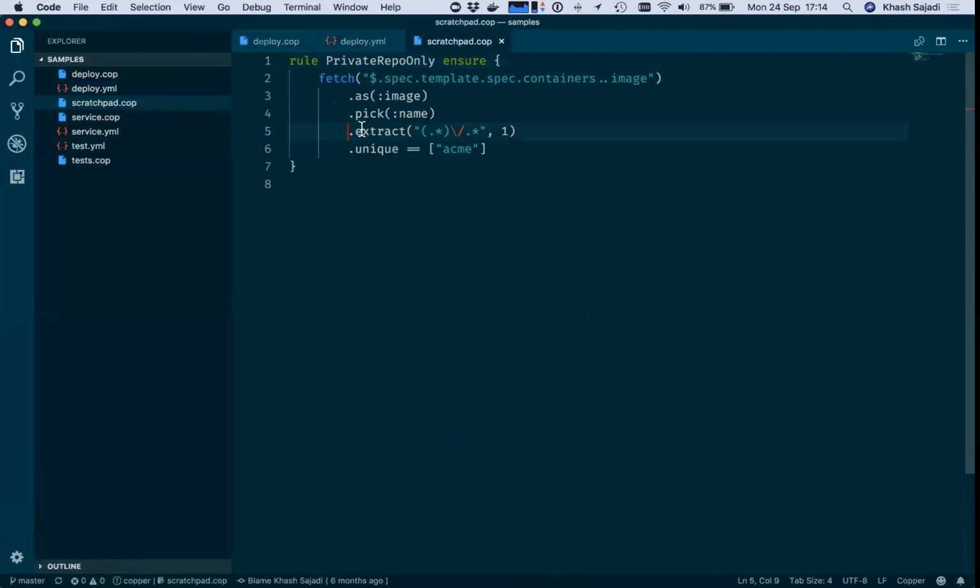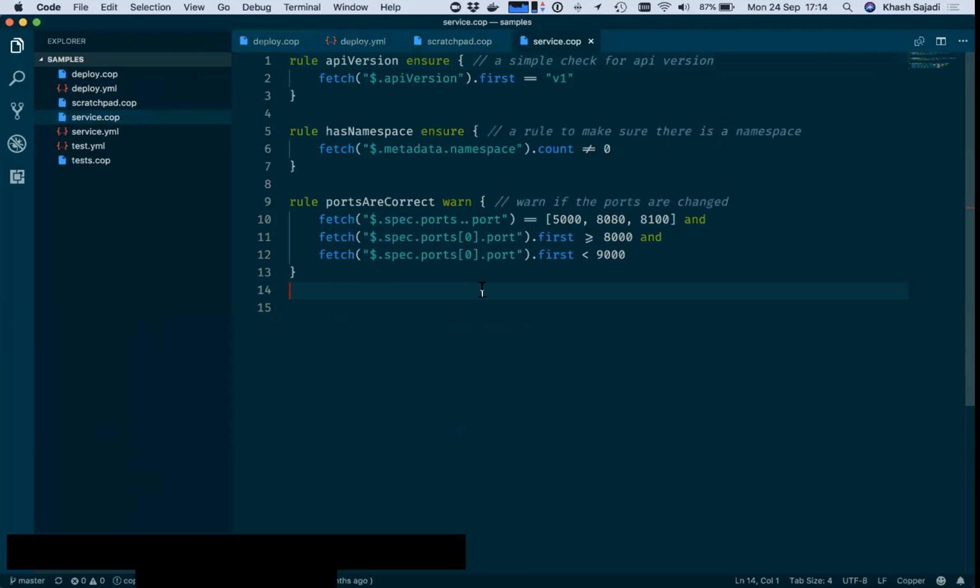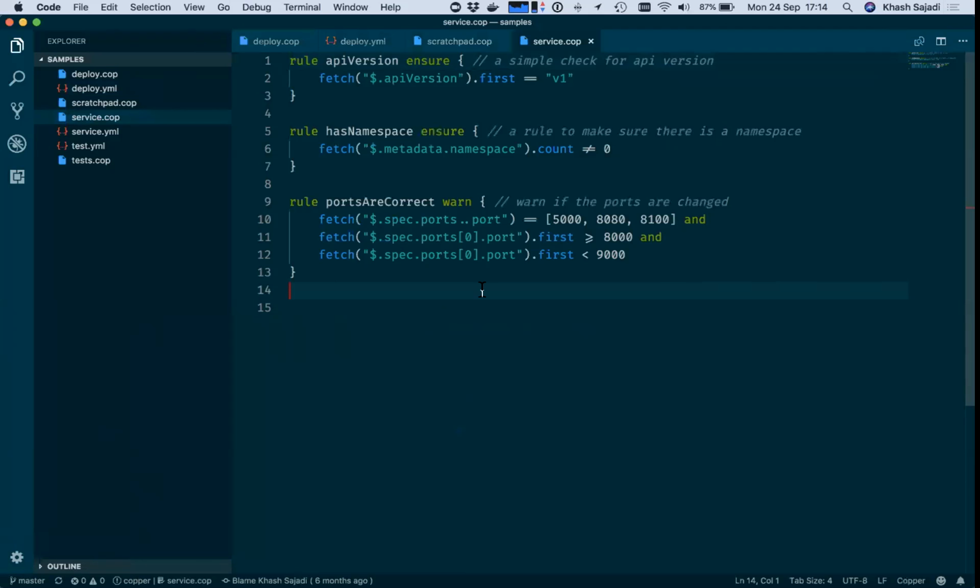For example, extracting with the regex on a name of an image, or if you look at this example, which is specific to a service. The reason that we like this is that sometimes we have a case where we want to enforce having a sidecar, for example, in our deployment, and that would mean